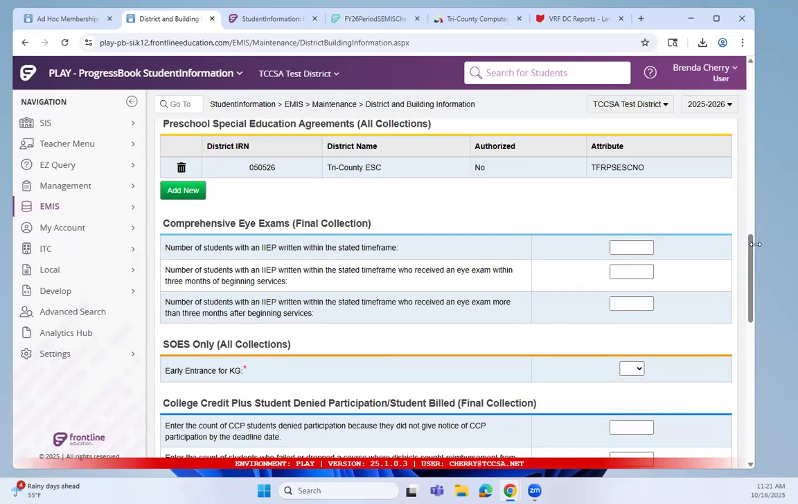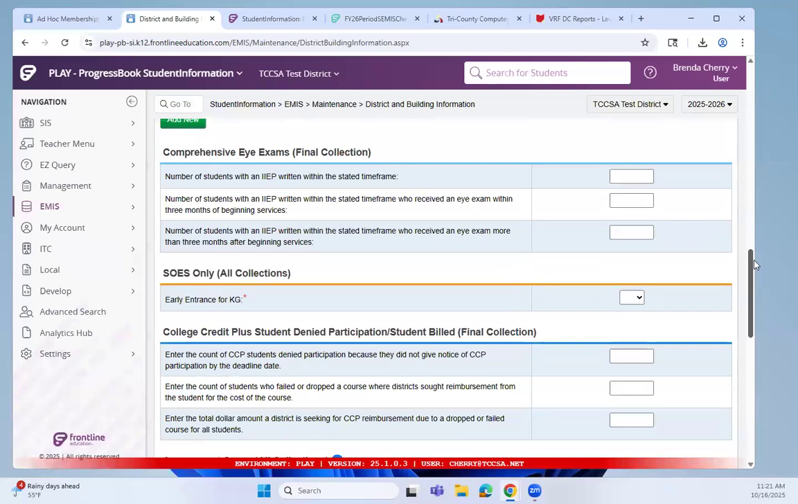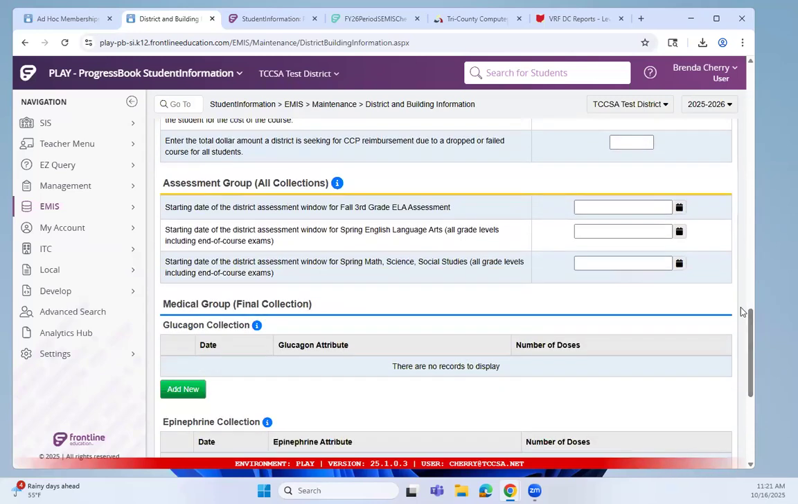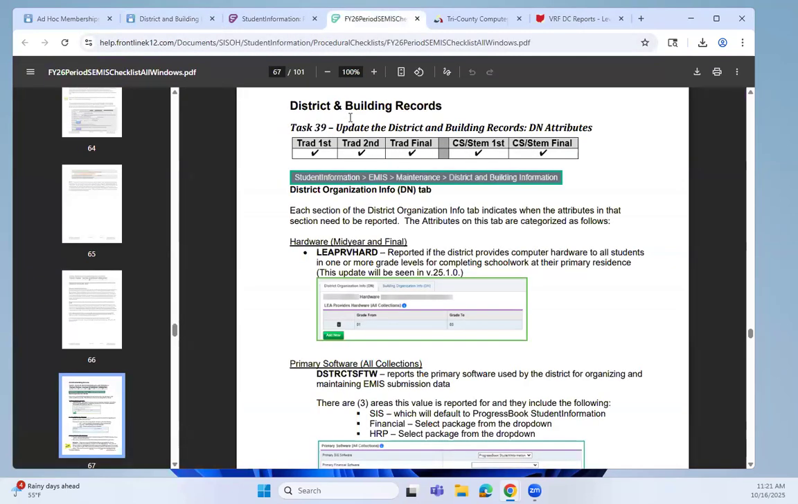You can also see the eye exams. Eye exams, final collection. Don't do anything with SOES. College Credit Plus, final collection. Assessment: if you know when your assessments are, you put those in, it's all collections. And then the rest is final collection, because that's what you're going to save for later, when you get all that stuff from the nurse in each of your buildings. So that takes us clear through